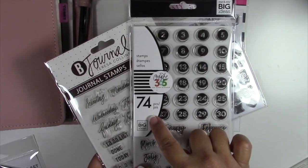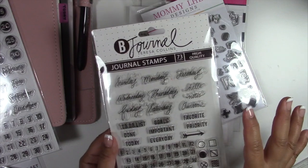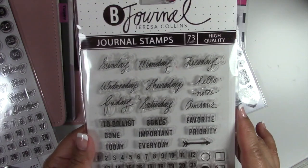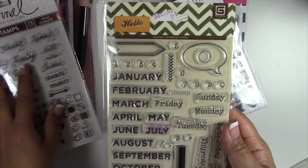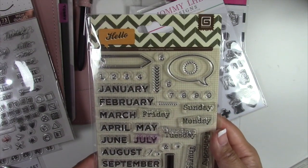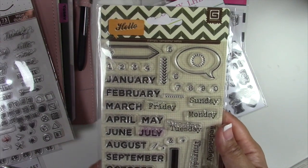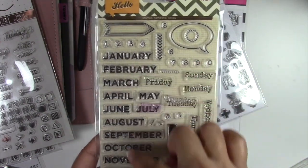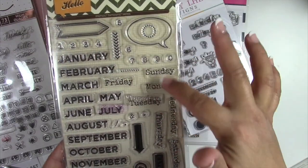It has 74 pieces in here, and this I got from Michaels. Another one that I love that I use, and depends on what kind of font I want to use for the month. This is actually by Teresa Collins. This one I got from Joann's. And then this one I've had forever. And this is by Basic Gray. I don't even know, does Basic Gray even exist anymore? Anyway, I used the months for this one, and they also have days of the week